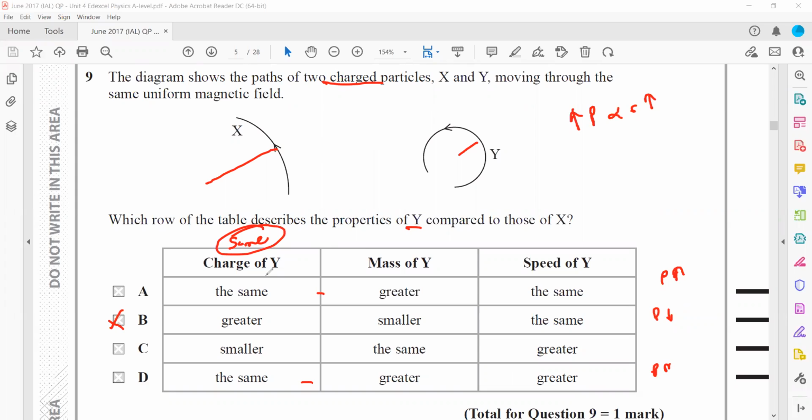But charge of Y, so I thought the charge on Y and X should be the same. But how can we get the charge of Y to be greater? Basically, identification of the charge, as you can see